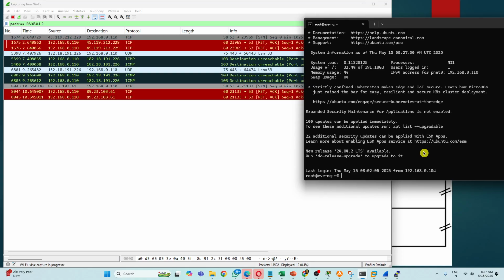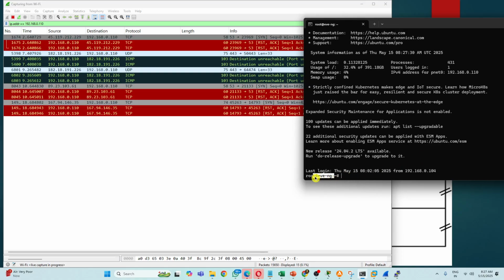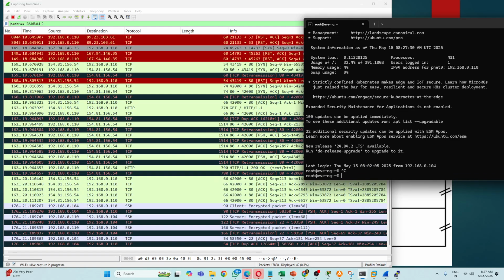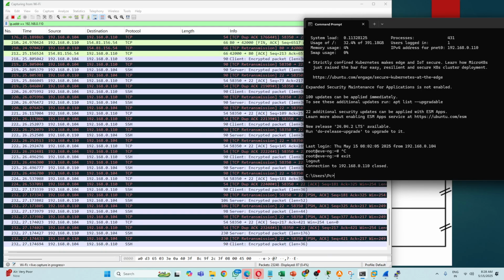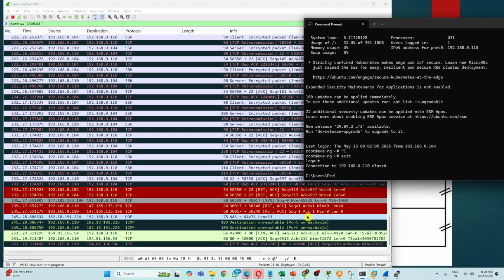I logged in to this server remotely, and now I'm exiting forcefully. If I'm exiting forcefully, you will see the FIN flag set to 1 here, from 110 to 104.